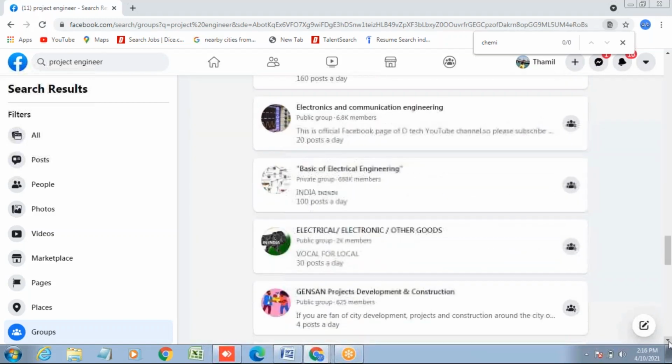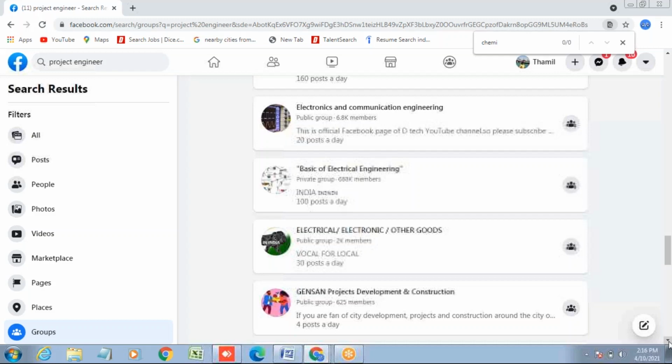So I have learned how to post jobs, how to search resumes. Then what is the final one? How to search groups.